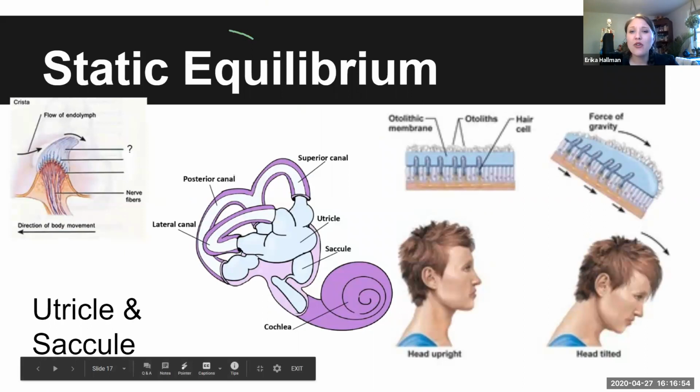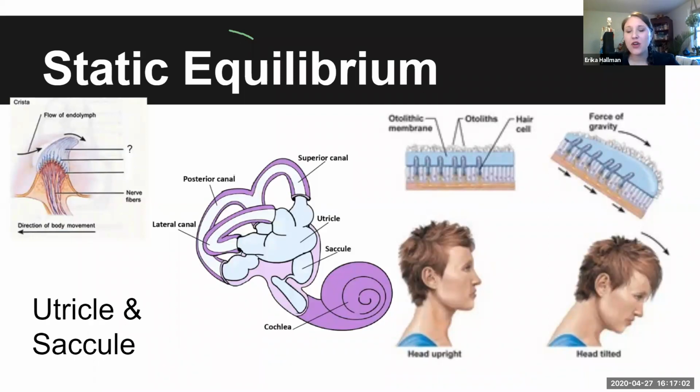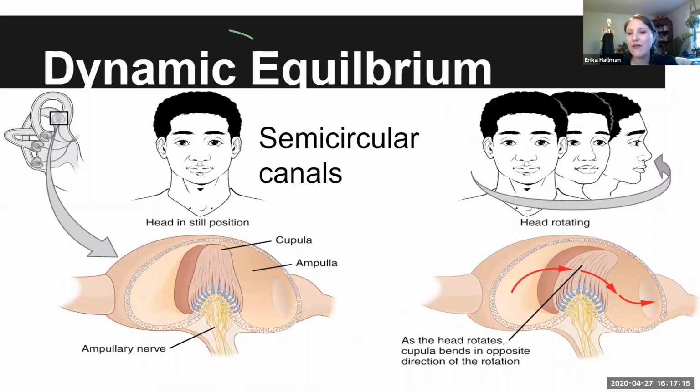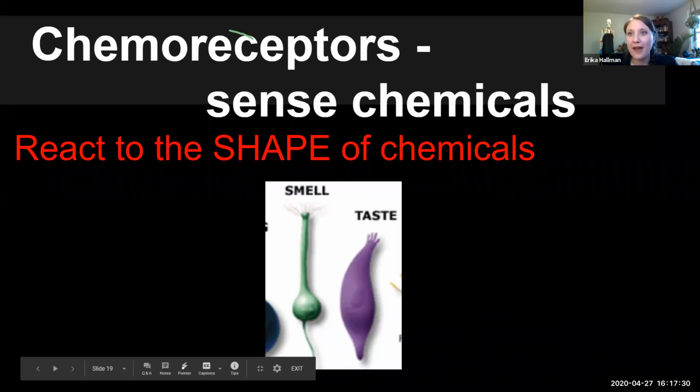All right. Now, those are the movement equilibriums. The utricle and the saccule help us if we are just tilting one way or another. So if you hang upside down for a really long time, your utricle and saccule will start to adjust to that, because of the force of gravity on the little hairs inside of the utricle and saccule. And the semicircular canals, as we already mentioned, will continue the movement of the fluid inside even after you've moved. If you rotate around in a circle, that fluid will move inside of those canals, and when you stop moving, it will continue to move,